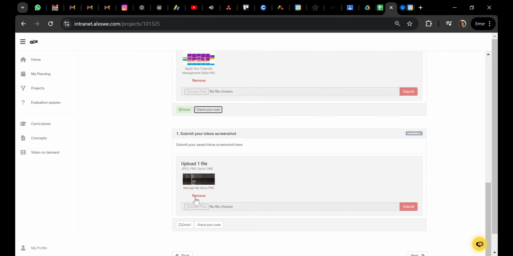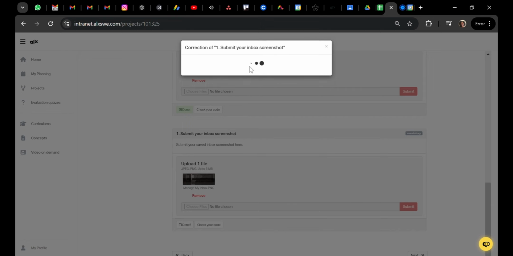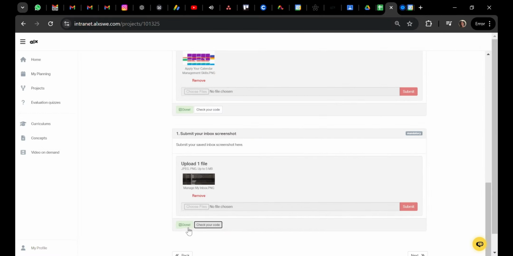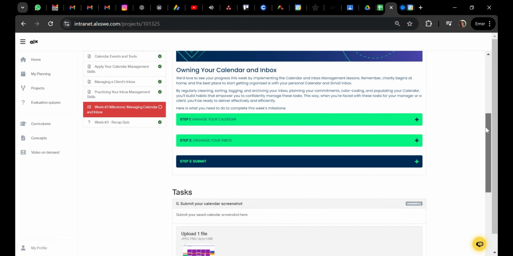So whatever you're seeing up there is what is supposed to happen down here. So we are going to check our code. Then we've started. So it takes a while, but when it's done, you just close and it should be complete. So by doing this, I expect that all is well.